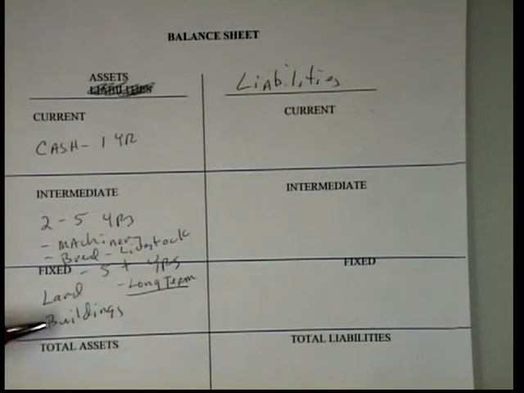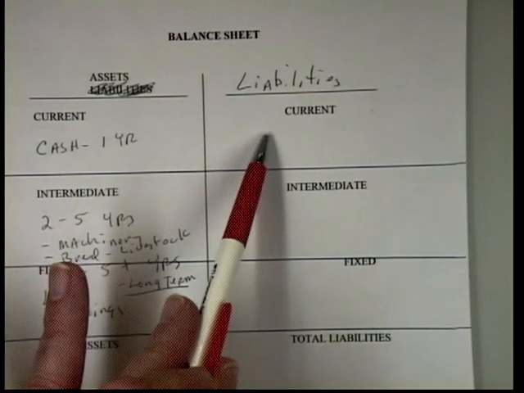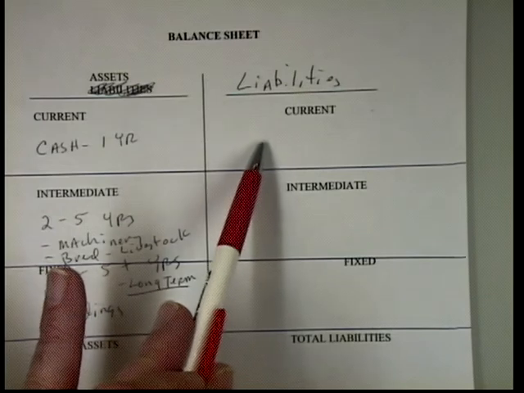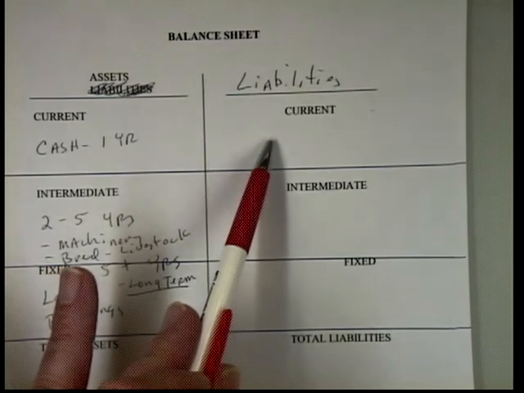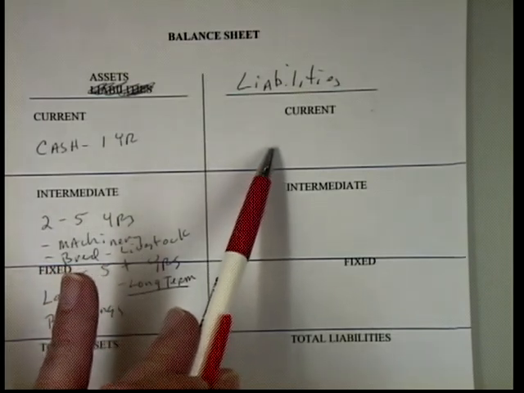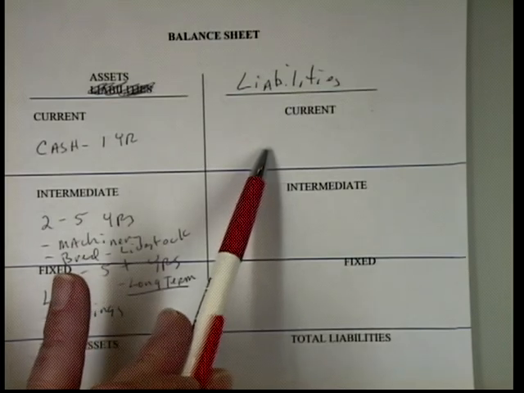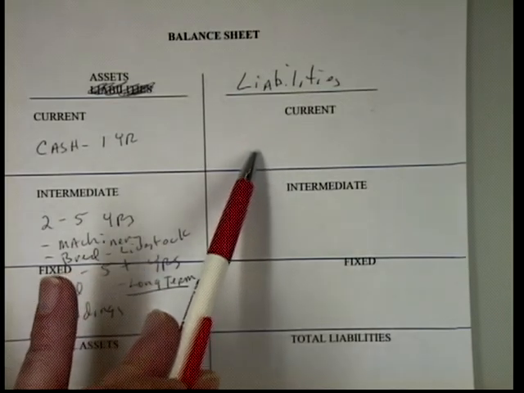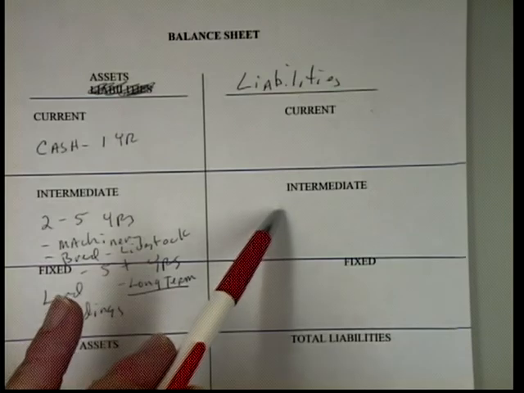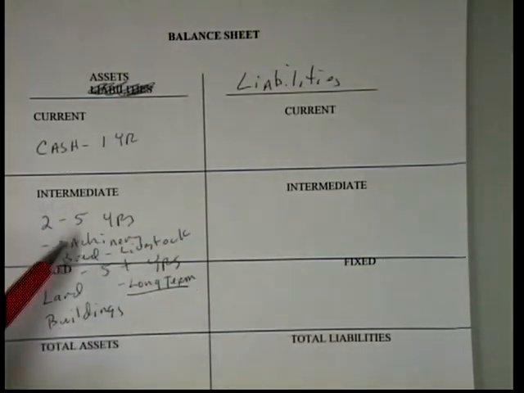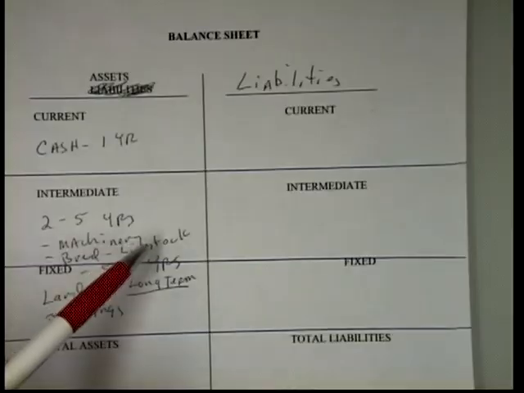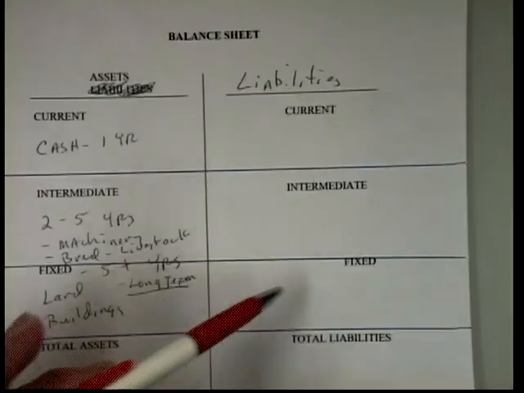And that is likewise with your liabilities. Current liabilities are those that are due within 1 year, like your line of credit, to borrow money to feed out some cattle or hogs. Intermediate is 2 to 5 years, and that would be the loans for machinery and breeding livestock. And your fixed or long-term